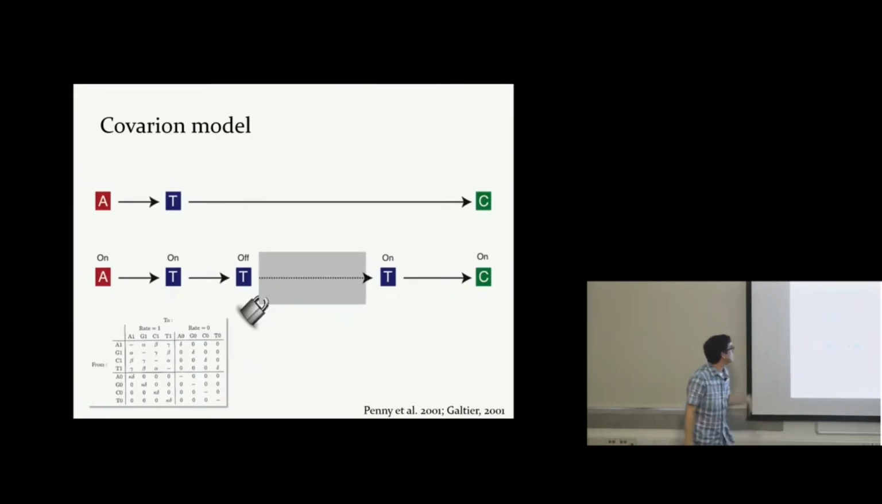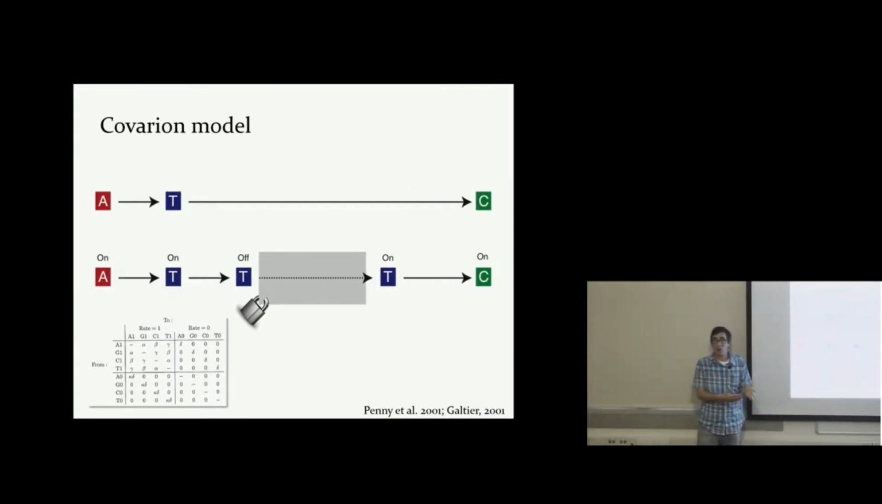So we decided to develop a model that's inspired by something called the Covarion model, which was used back in the 90s to infer phylogenies from sequence data. And the basic idea is that if you see a transition from A to T to C, under the Covarion model, each one of these nucleotides